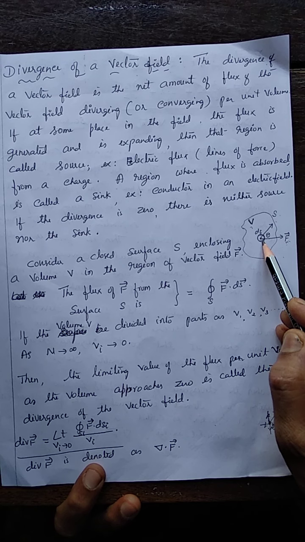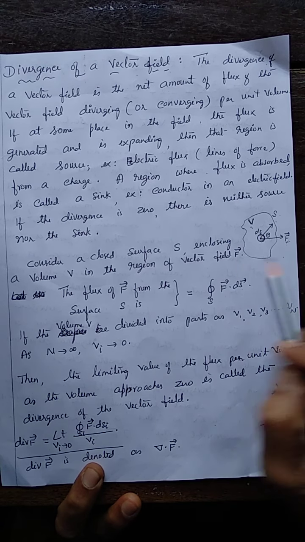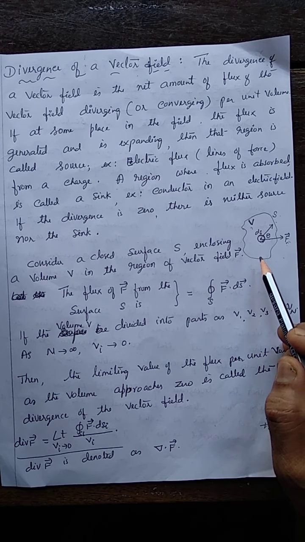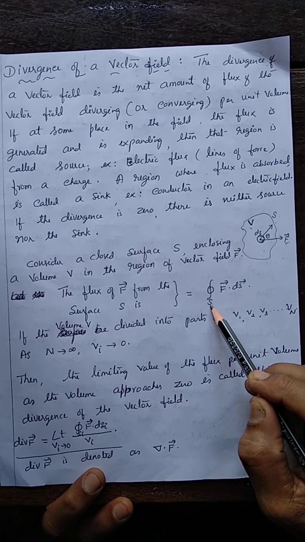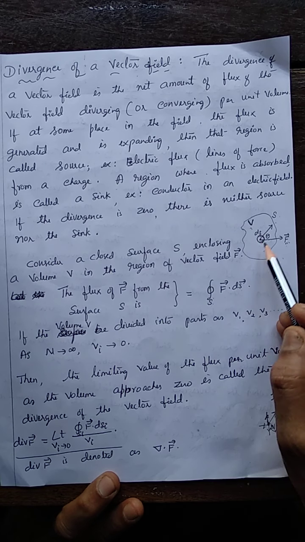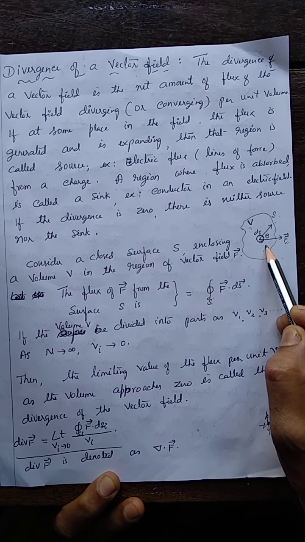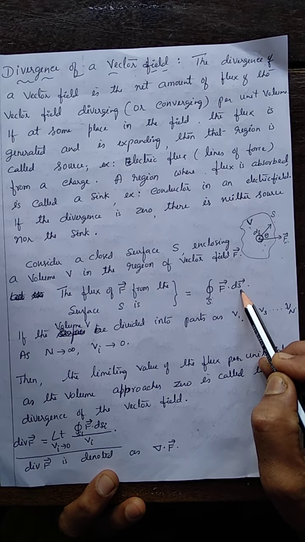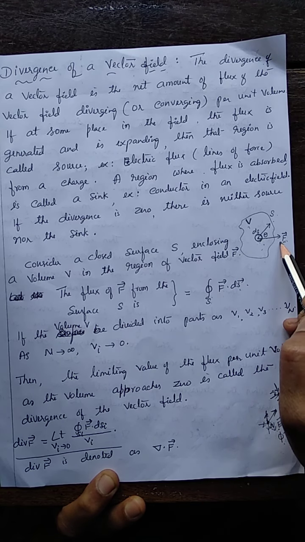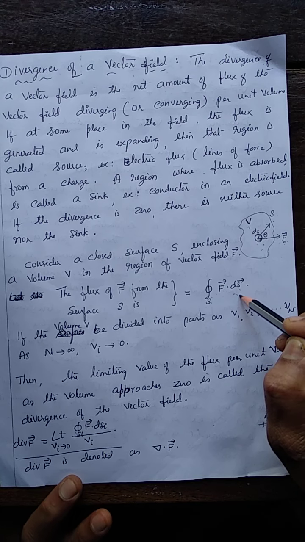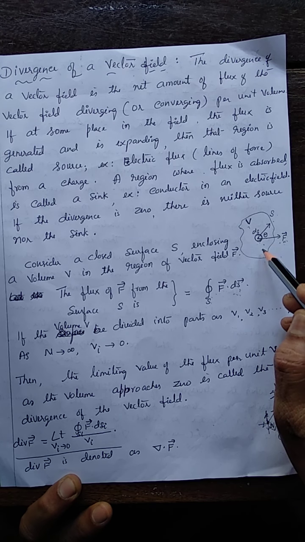So the flux is nothing but the field pointing away. Divergence of the vector field is defined as the surface integral of F vector dot dS vector over the entire surface. For one surface element of area dS, the flux of this field coming out is F vector dot dS vector. This dot product gives the flux. And for the entire surface, it is given by the surface integral over the closed surface, and this is the total flux coming from the surface S.